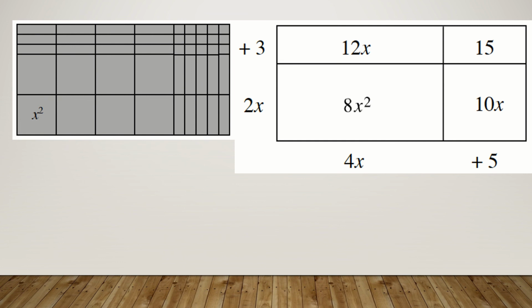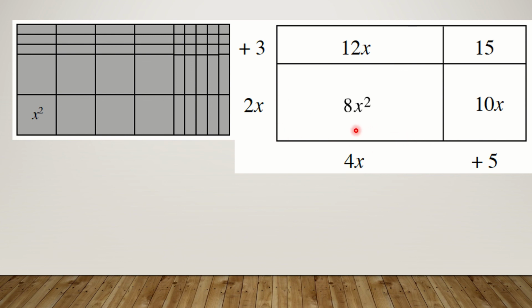So if you take a look at it, along the top down here there's 2 x's and then there's 3 1's. So you can see here I've got 2x and 3. Along the bottom I've got 1, 2, 3, 4 x's and 1, 2, 3, 4, 5. So this divides this rectangle up into 4 distinct regions, and if I want to find the area of each of the regions, I'm simply looking at the part of the rectangle right off to the left and below and